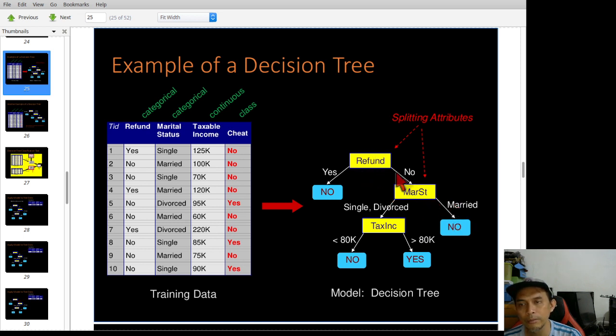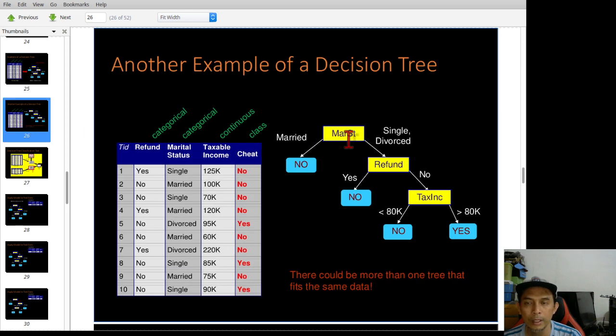You have to check the refund, you have to check the marriage status. Only two checks, and then you get the answer. But over here with the second model, even from the first branch you already get the answer.